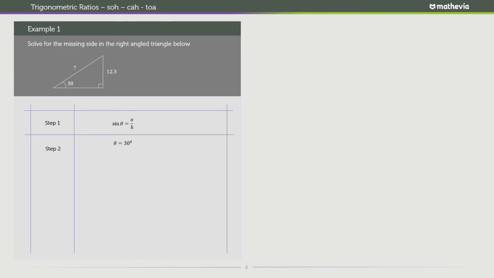Now we have our theta as 30 degrees, our opposite as 12.3, and we're looking for our hypotenuse, okay? And basically the sine of 30 equals 12.3 divided by h, okay, and you find the sine of 30, it gives you 0.5. If you punch sine 30 into your calculator, you would end up with 0.5 equals 12.3 divided by h. You have h equals 12.3 divided by 0.5, and what you have in the end is